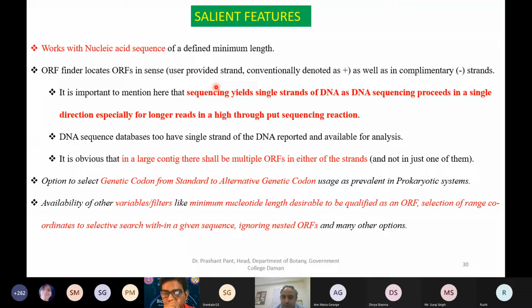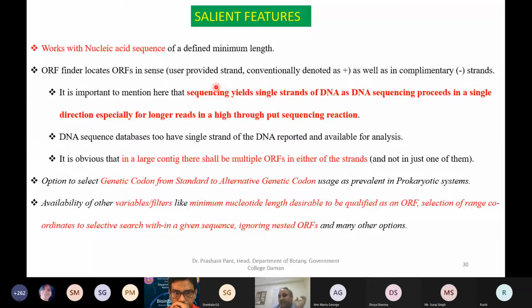Of course, they will not be exactly opposite to each other, because wherever you have an ORF, the opposite of that will not be an ORF, obviously. But ORFs will be there in both the strands. That is one thing that you should know: ORFs, or for that matter gene or coding region or exon, or by whatever name you call it, are randomly placed in either of the strands. That is how it is.